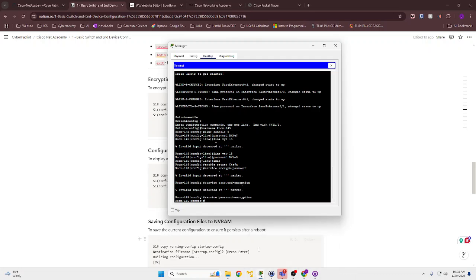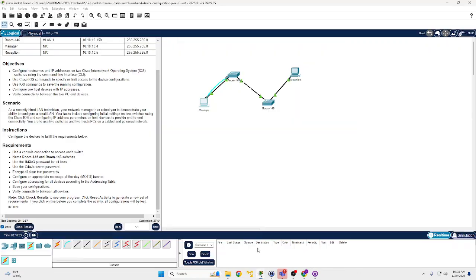And what this does is instead of displaying the passwords in clear text, unencrypted, this will encrypt the password in some sort of hash, I'm guessing. Do I know the hash? I do not. It could be SHA-256 or something like that. But